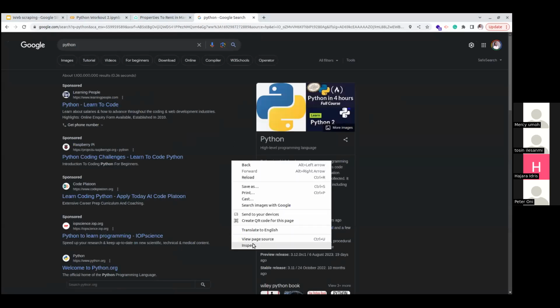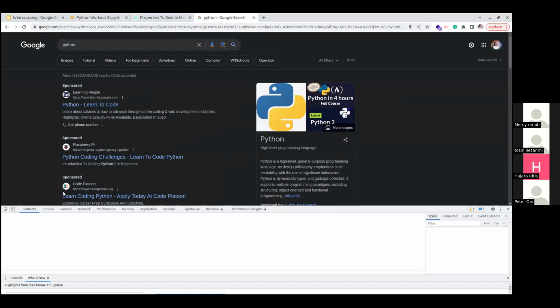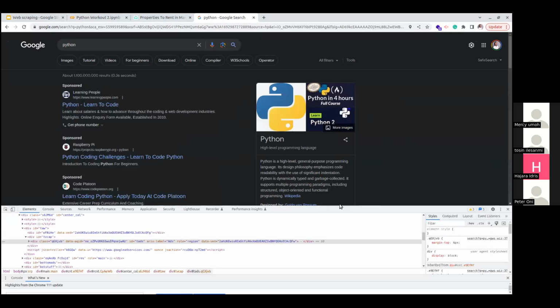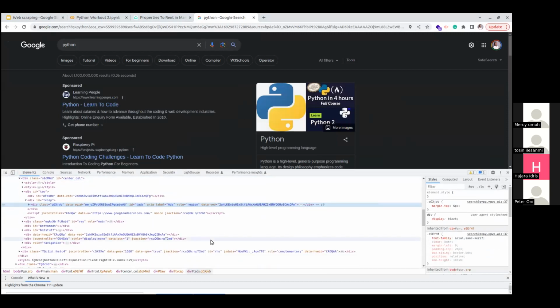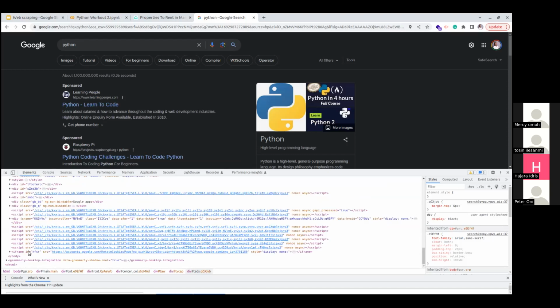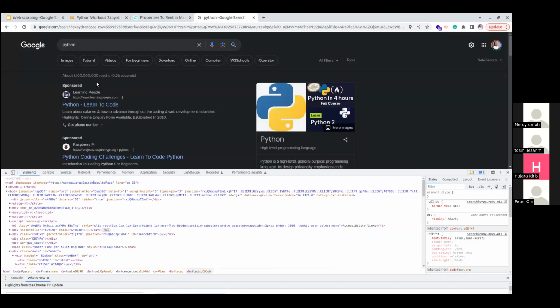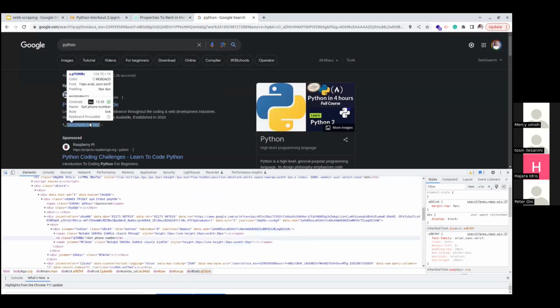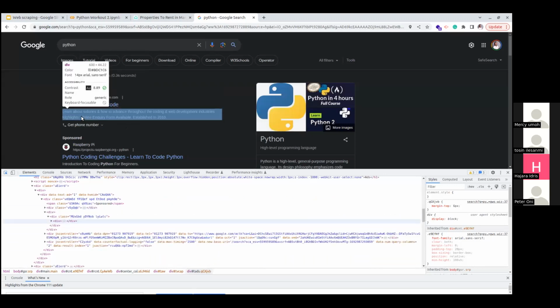And let's inspect elements. When you right click and inspect elements, you can see everything here, the HTML starting, and by the time we go to the bottom, HTML is what encompasses everything that is here. And as you click on this arrow and go to any side of the page, you will see that it's showing you the HTML source code for that.